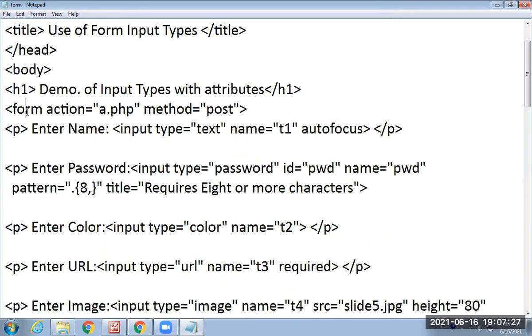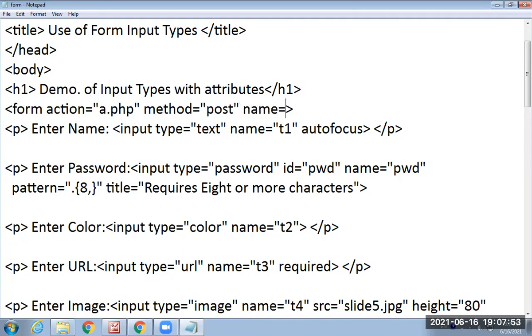Unless and until we initialize the form, we cannot display any input type as an output. Logically, it will be wrong to display the text box or anything else without using the form tag. While defining the form, we have to use two essential attributes, the action and method. We know that the form has three attributes.